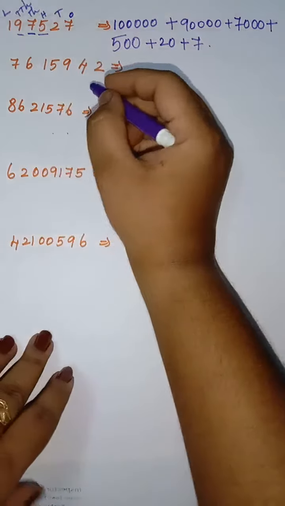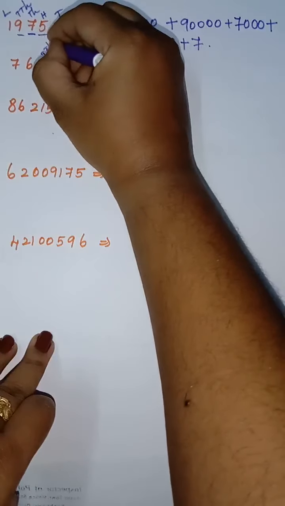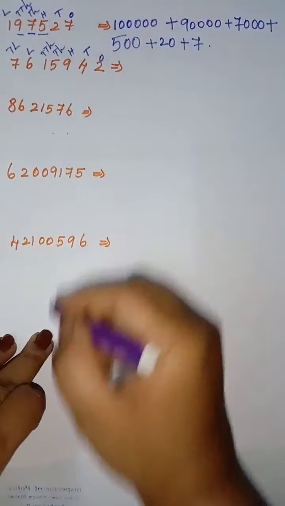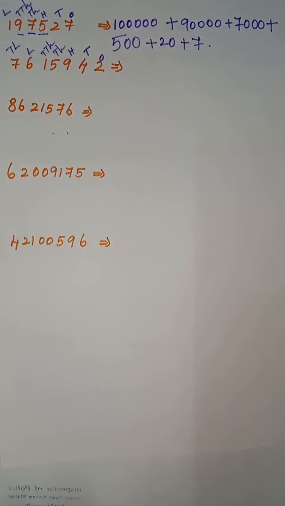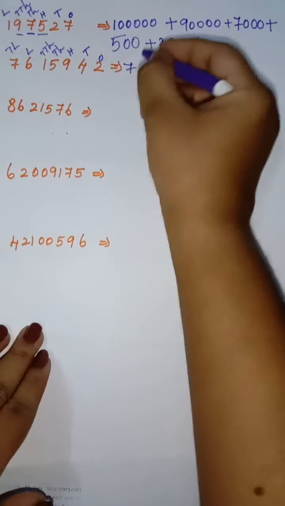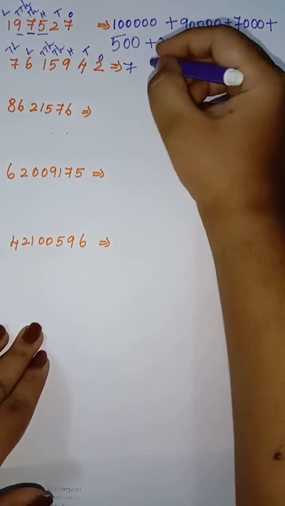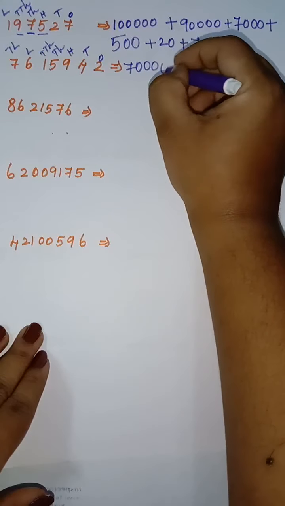The next sum: ones, tens, hundreds, thousand, 10,000, lakh, 10 lakh. Now understand it clearly. For lakh it is 5 zeros, so for 10 lakh there will be 6 zeros. They have given it up to 10 lakh. So I take the first digit and put 6 zeros: 1 2 3 4 5 6.